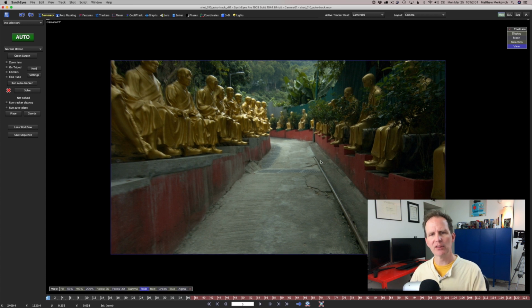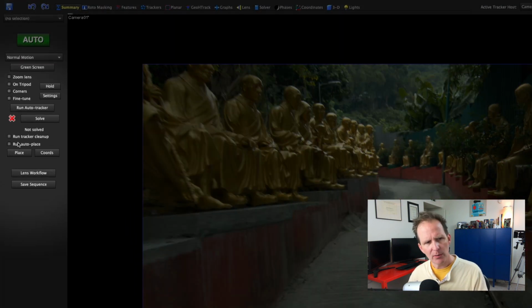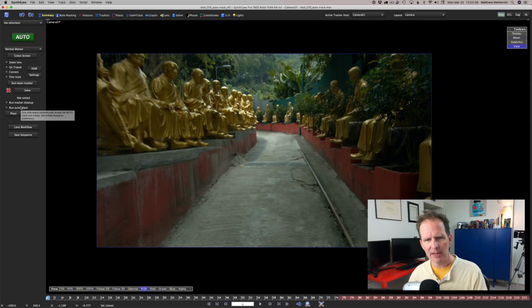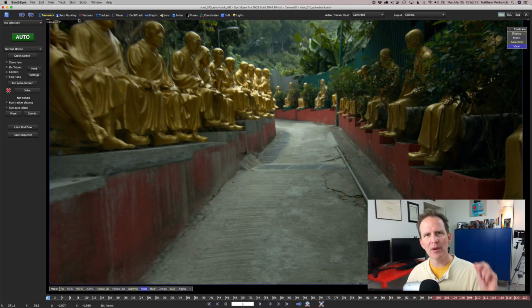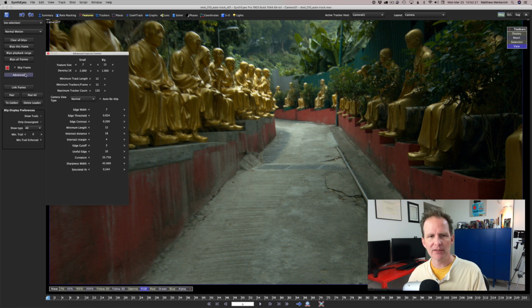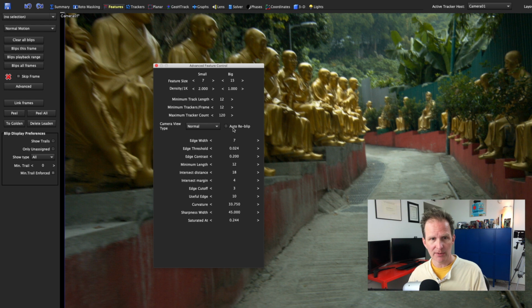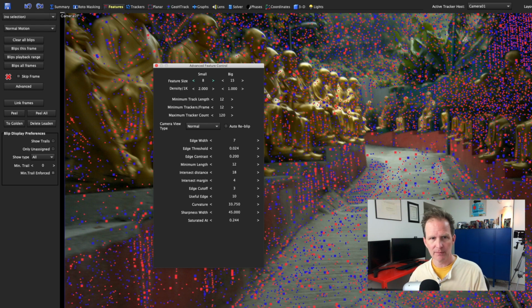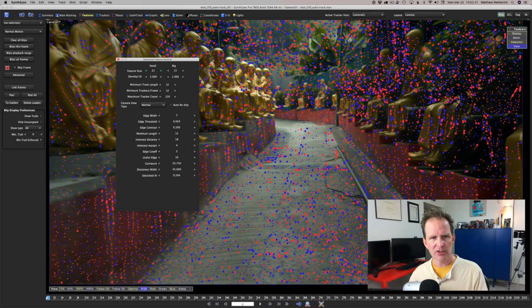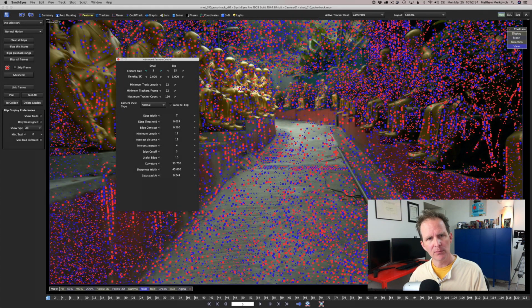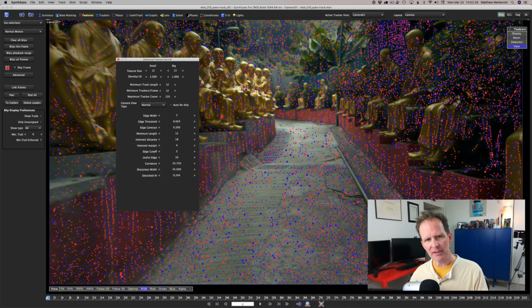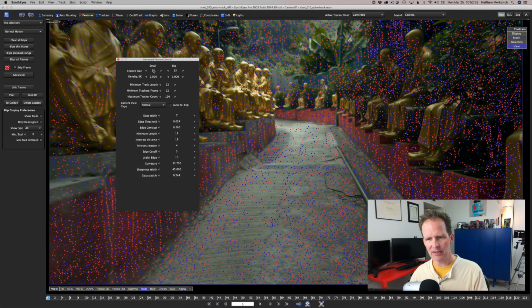How do we get the error down a bit? You saw when I hit run auto place, that helped a lot, but what I want to do is make the auto tracking semi-manual. So I'm not going to stick around in the summary panel. I'm going to go to the features tab and hit this advanced button. I'm going to turn on auto reblip so you can see what happens as soon as I start twiddling with the knobs. And you see here as I move the small value up and down, you can see what SynthEyes